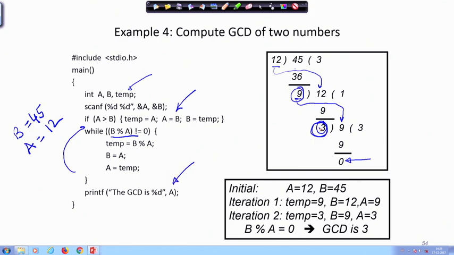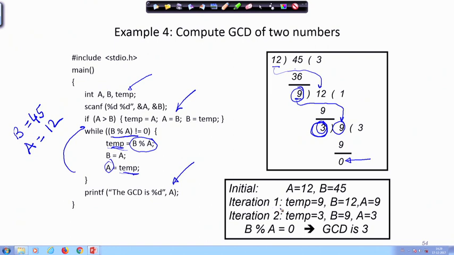Because every time, in A I am storing the temp, and what is temp? Temp is after I divide I get the remainder, and that I am storing in temp, and that temp is being stored in A, and that is also copied in B, but in the next loop that is being divided by. So, here you are having 3, 9 and here 3.